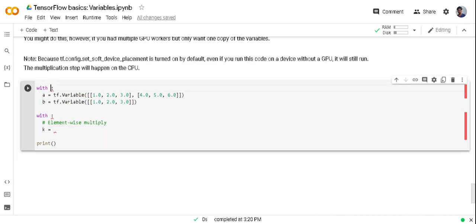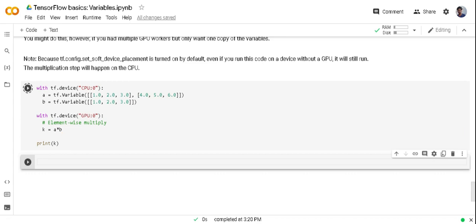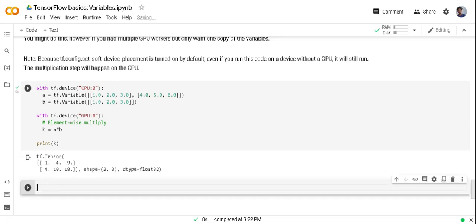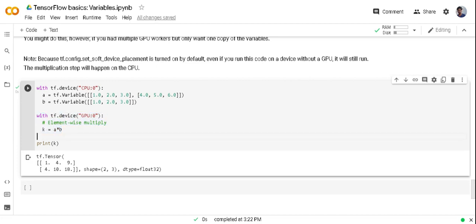For that you have to give tf.device CPU, and I want the calculation to be done on GPU, so device GPU, and let me give the calculation operation, A into B. But now Colab is not working on GPU, so it will automatically direct to the CPU.